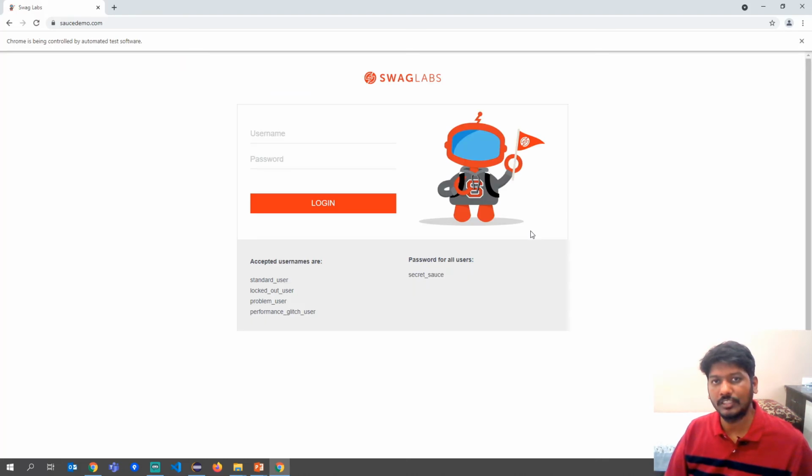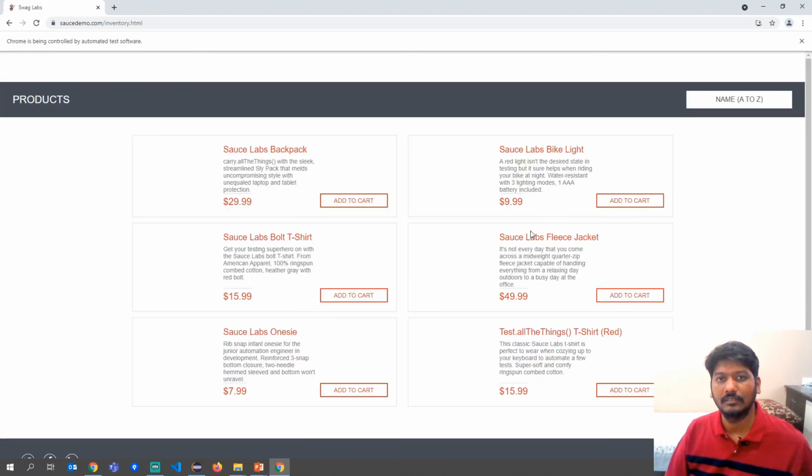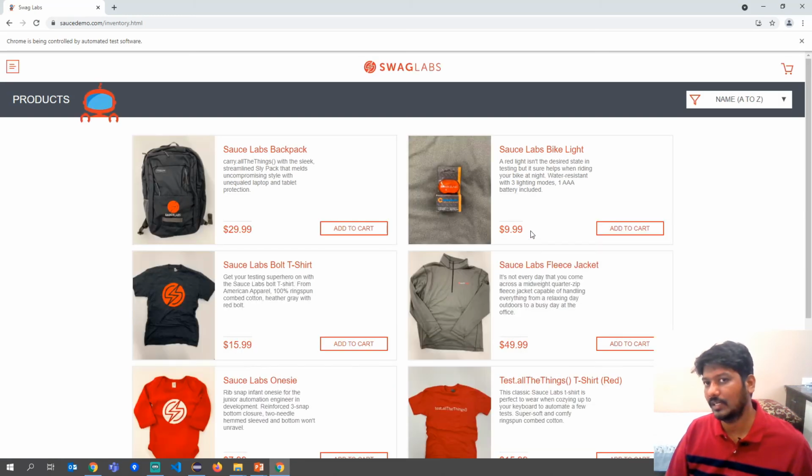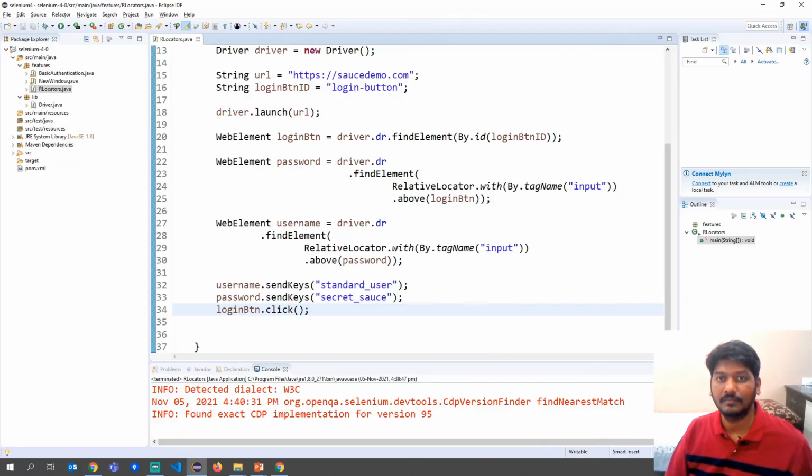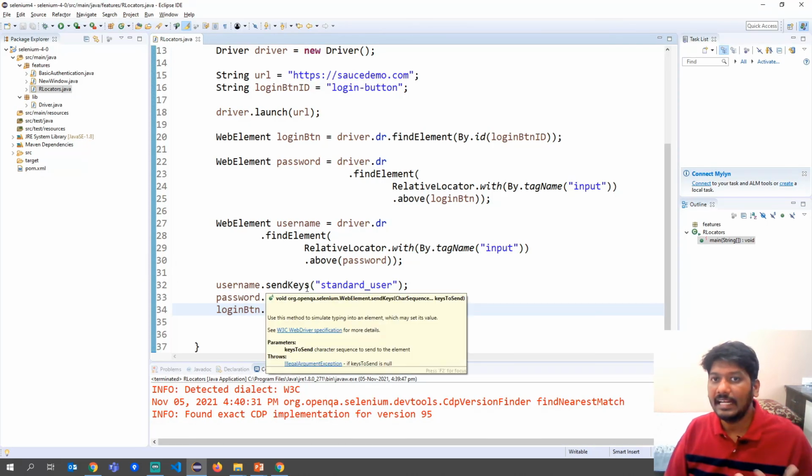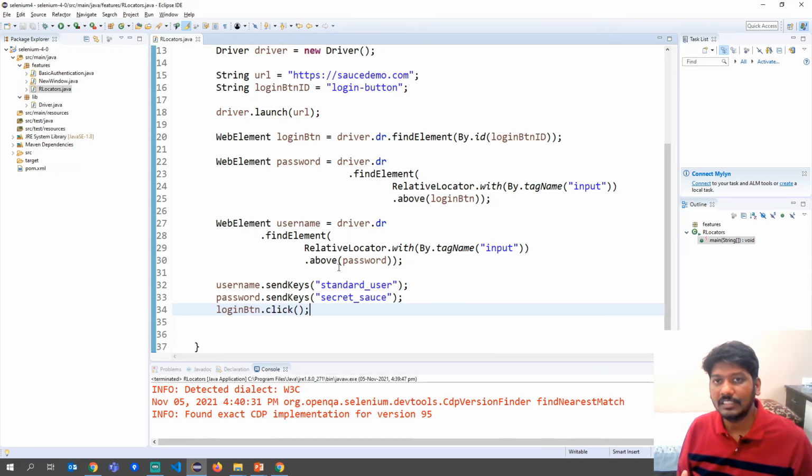The browser is launched and it has set the username, it has set the password and even clicked on the login button. See how beautiful this is. We have only found the ID attribute of one button and we are using it along with relative locators to find other objects. I think this is a very crucial feature that they have introduced, and it might help us a lot in avoiding complex XPaths.